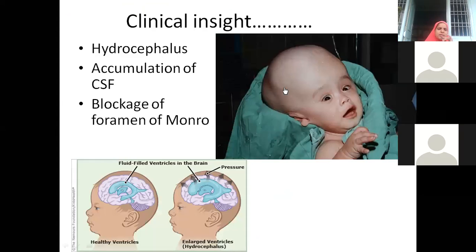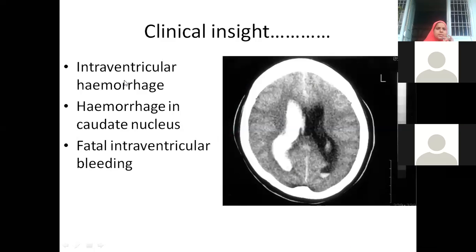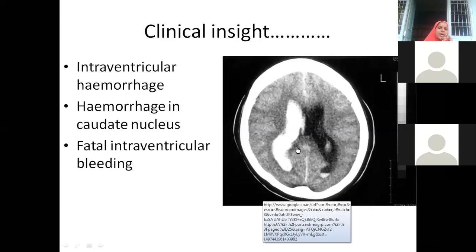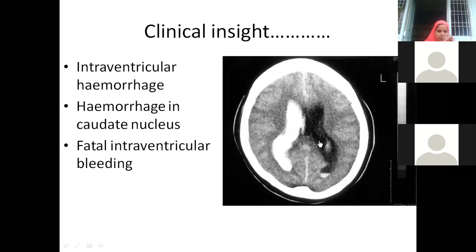This picture was also there in yesterday's hydrocephalus, accumulation of CSF. Blockage may be in the foramen of Monro, if it is related to the lateral ventricle. Sometimes there may be bleeding also, that is intraventricular hemorrhage. All these structures like basal ganglia are very closely related to the lateral ventricle. Ma'am, white color means that is blood? Empty space is this one, beta. This one is blood. Previously also we have seen empty space is the water what we have.